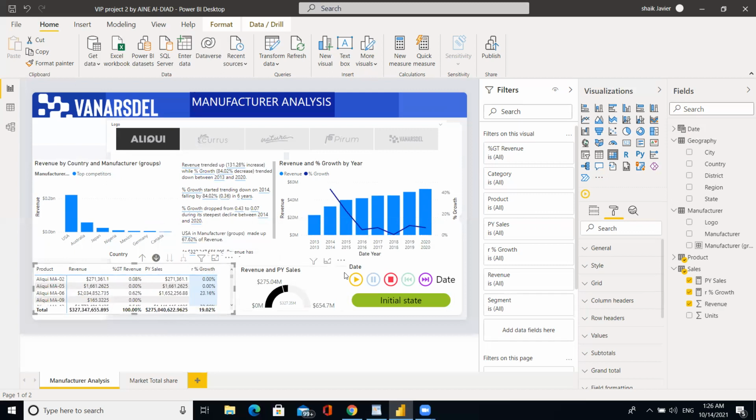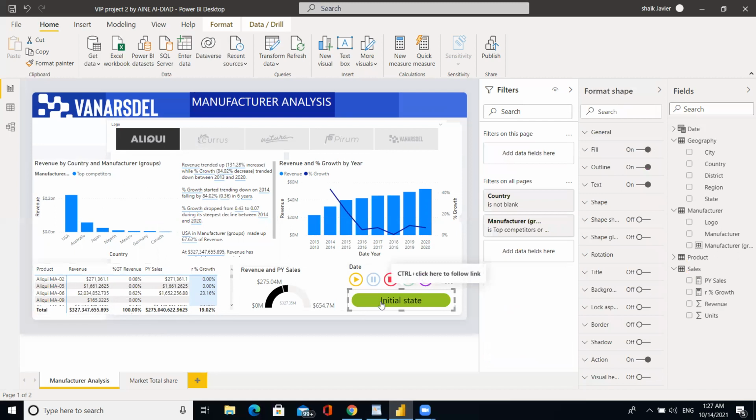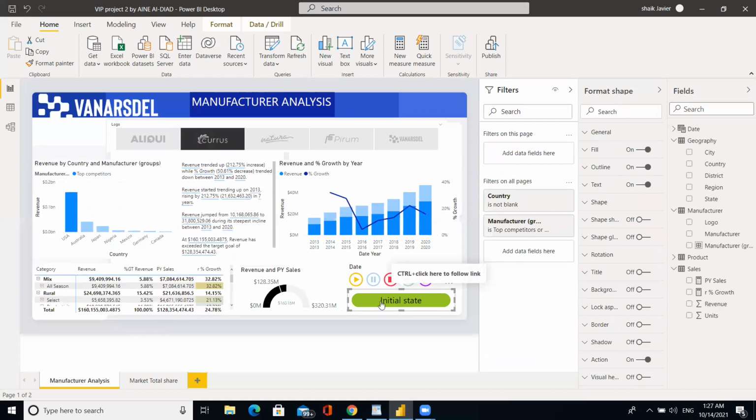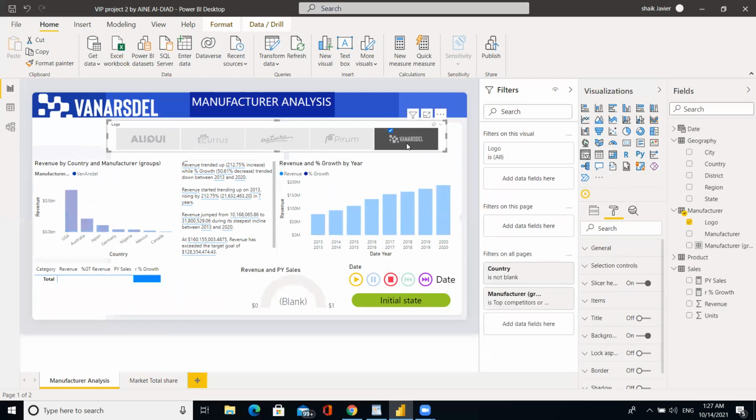So like this, you can come to the initial state by control plus click. We can come here to the initial state of top competitors, the US data, then we change into the vendor sale company data.